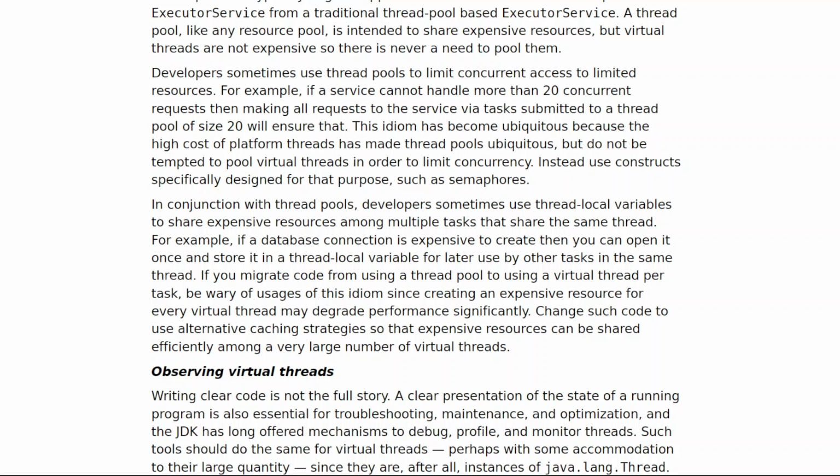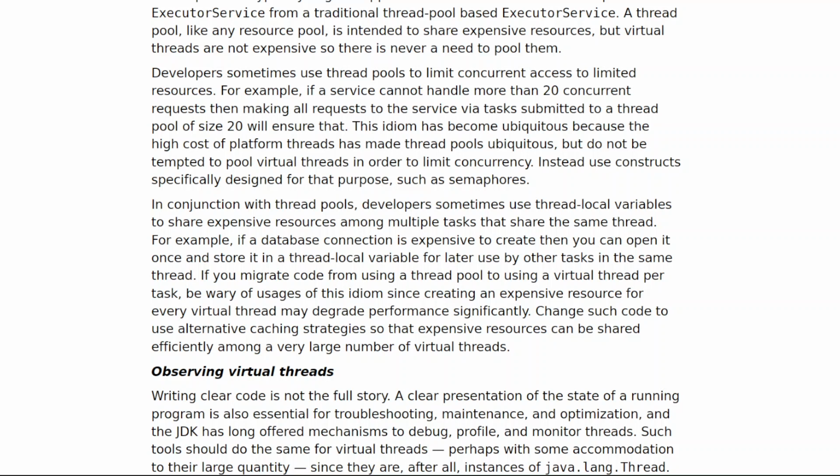In conjunction with thread pools, developers sometimes use thread local variables to share expensive resources among multiple tasks that share the same thread. For example, if a database connection is expensive to create, then you can open it once and store it in a thread local variable for later use by other tasks in the same thread.